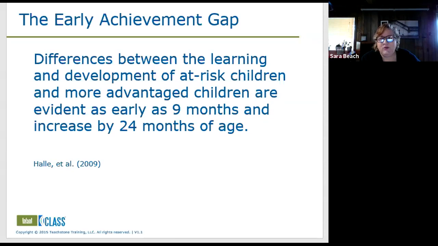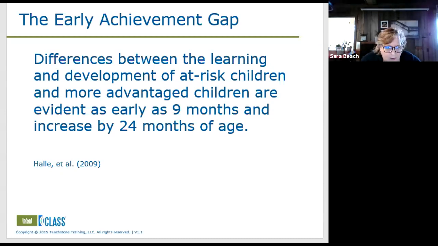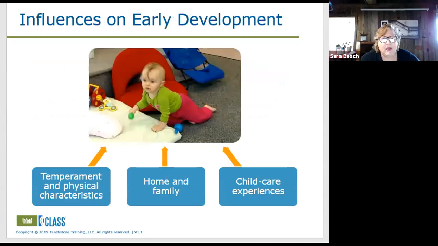And so we want to address these things early. So let's talk about what we are going to address. We want to know what things we are supposed to address early. What do kids need a lot of in order to close that gap or prevent it from getting wider? Let me move the slide on to the next one. And this is, I'm sure, a review for all of you.